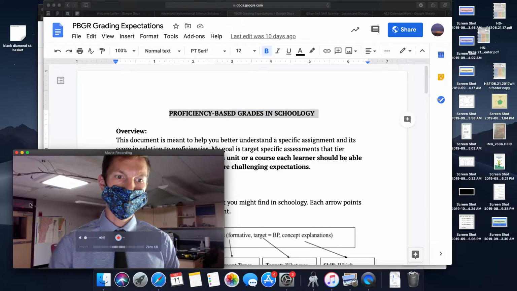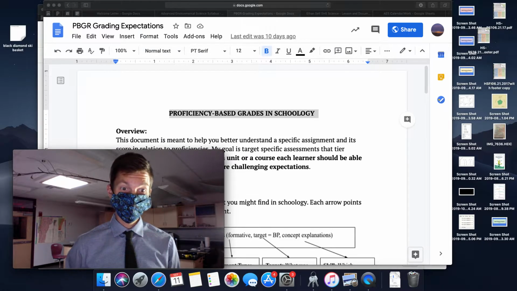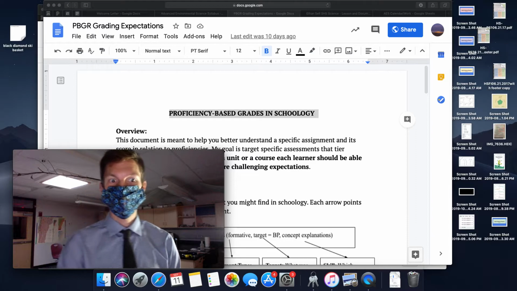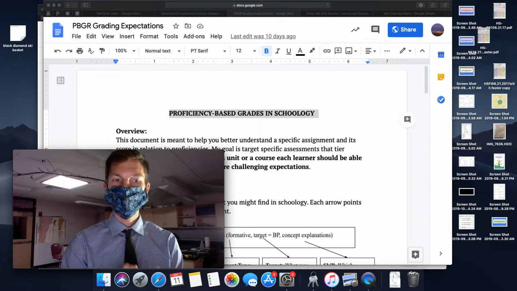Now, 2 things about those last 2 points I just mentioned. Formative assessments are really low-stakes assessments. They're meant to be practice. They're not meant to be a way for you to get a PD for a proficiency. They're really the build-up, the soccer practices, or the scrimmages before you get to the state championship game.